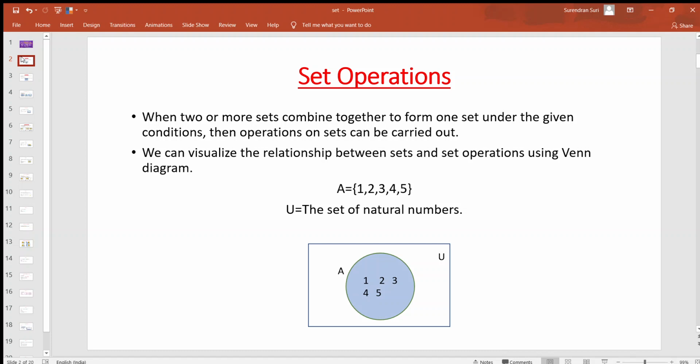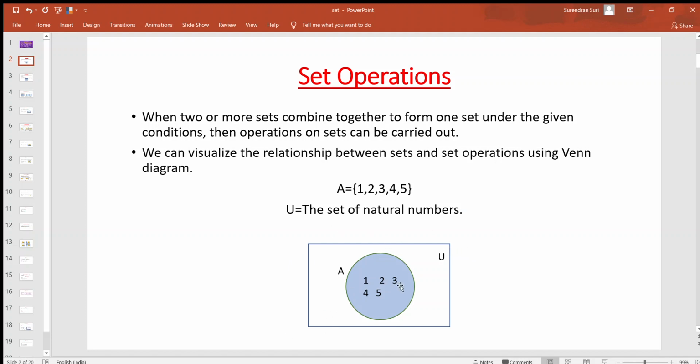can be carried out. Till now we were representing the set in roster form, in set builder form, in descriptive form. Now we will see how to represent a set in a Venn diagram. The diagram given below is called a Venn diagram. This diagram is representing the set A. Set A is equal to the set of 1, 2, 3, 4, 5. This set I have represented in the form of a Venn diagram.